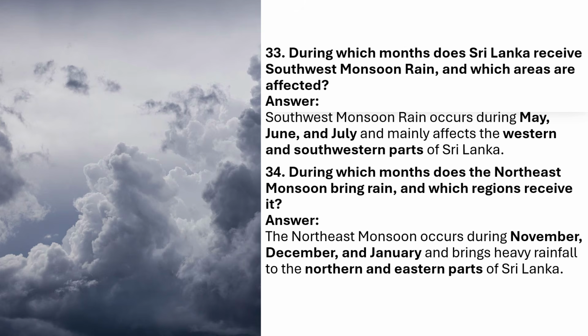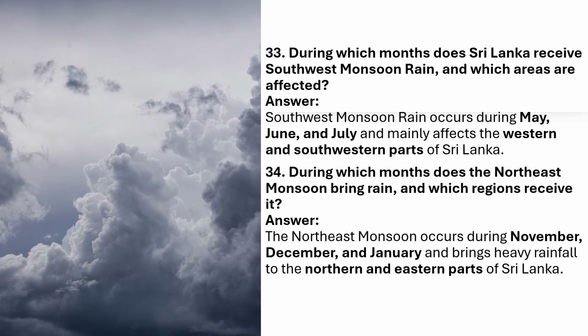During which months does Sri Lanka receive southwest monsoon rain, and which areas are affected? Answer. Southwest monsoon rain occurs during May, June, and July, and mainly affects the western and southwestern parts of Sri Lanka. During which months does the northeast monsoon bring rain, and which region receives it? Answer. The northeast monsoon occurs during November, December, and January, and brings heavy rainfall to the northern and eastern parts